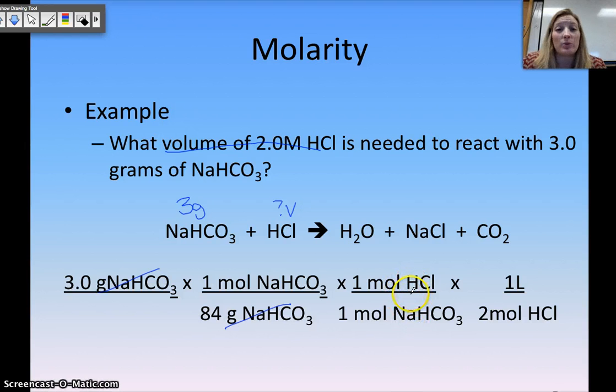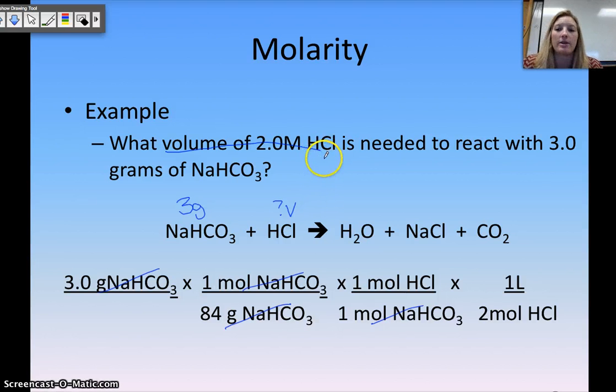This is the same reaction we did in the salt lab, where we made baking soda into salt using HCl. The same thing that happens in your stomach when you take an antacid. So our moles here are going to cancel out, and now moles to volume. And to get from moles to volume, we know that HCl is a liquid, so we're going to use the liquid path,